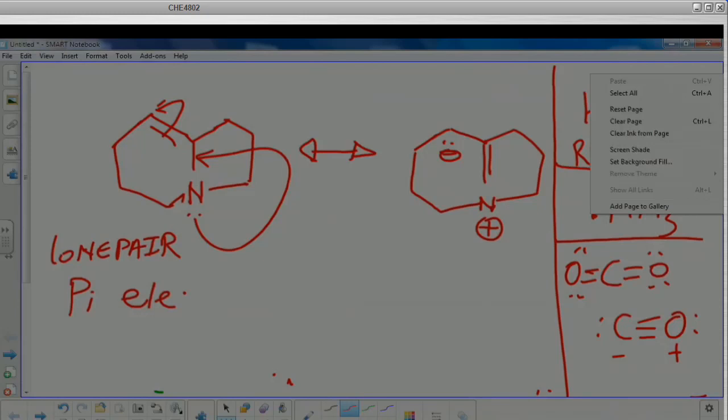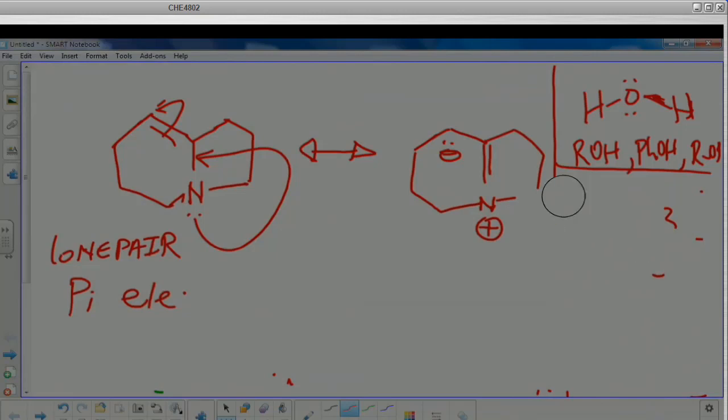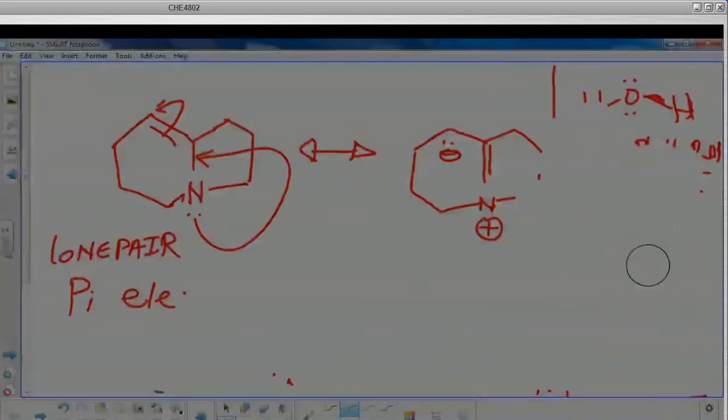So all nitrogen species are based on ammonia. All those which have oxygen are either based on water, or alcohols, or carboxylic acid like carbonyl compounds, or carbon monoxide as we go to other functional groups. So as long as nitrogen does not have a lone pair, it's positive. You memorize that until you master it. That's a fact. If oxygen does not have two lone pair electrons like in water, it must have a charge.